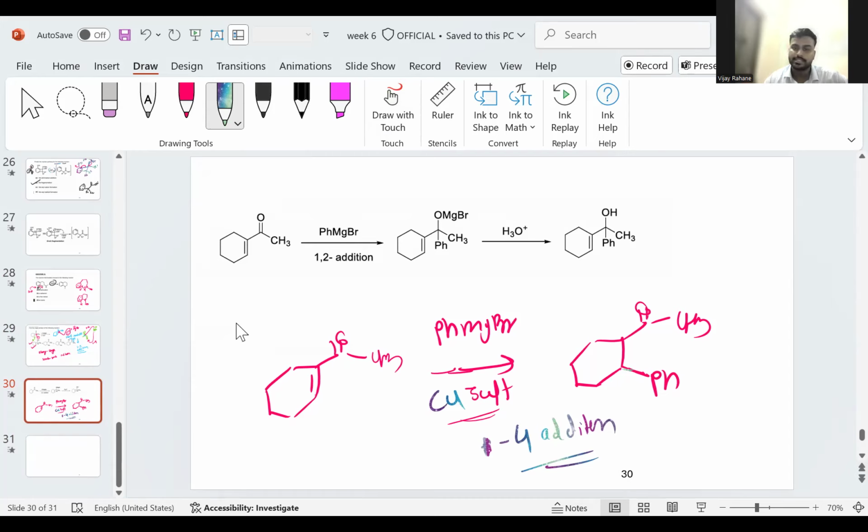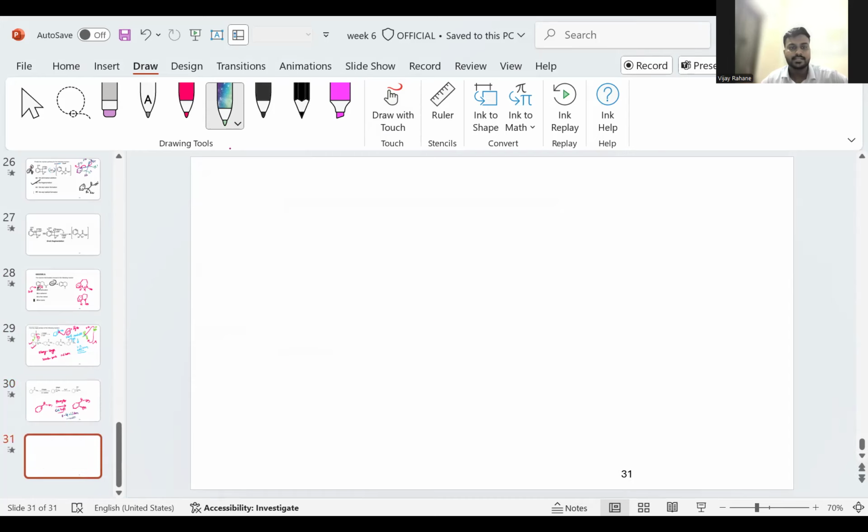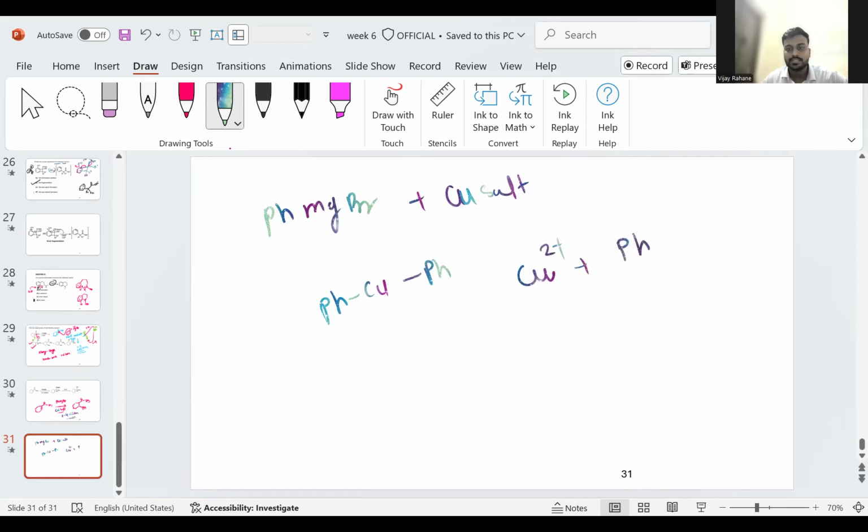So basically, I will tell you directly. So this phenyl magnesium bromide, as we have seen earlier, we better take the next slide. This PhMgBr, when it reacts with the copper salt, whether it is copper iodide or a copper compound complex, it forms PhCuPh. So basically, Cu 2 plus and 2 phenyl negative form a salt, and that salt is now available for the attack, and which is a soft nucleophile,